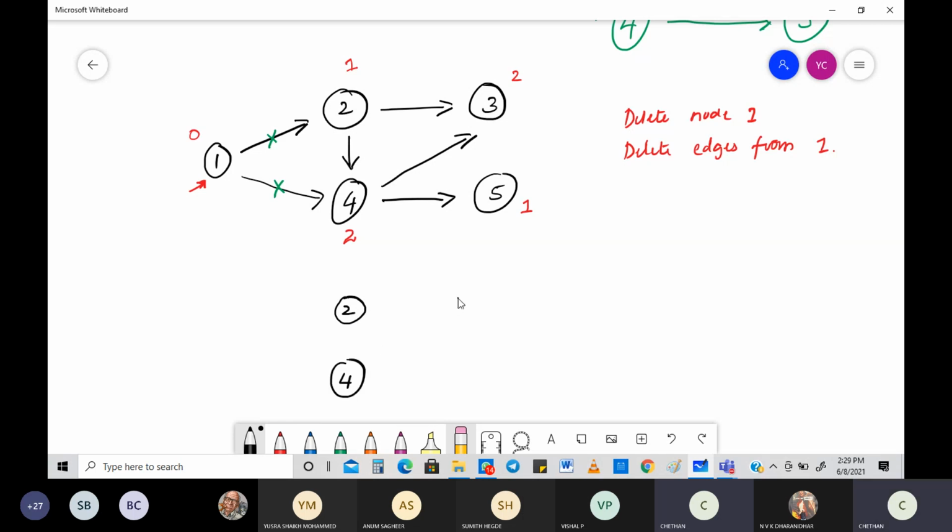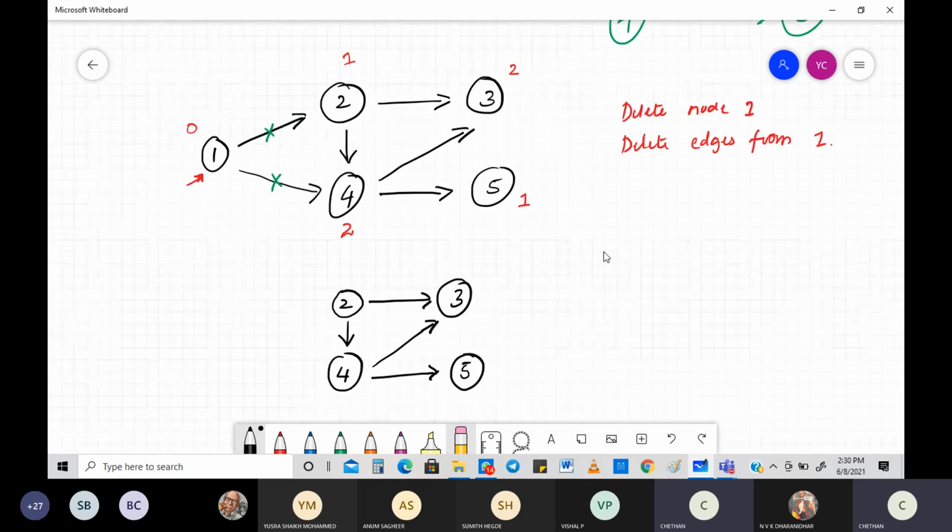You should not change anything except for writing the same old edges. See, 2 to 3, there is an edge. 4 to 3, there is an edge. 4 to 5, there is an edge. And of course, 2 to 4, there's an edge. What about 1? Everything is deleted. You are going to delete everything related to it.